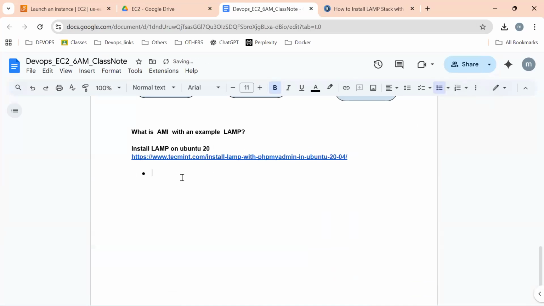The first step is to create an Ubuntu 20 Linux server, meaning the instance, and log in. Once logged in, the very first step, as you know very well, is sudo -i, then apt-get update. For every new server, we need to run apt-get update. First let us complete this process, then we will come back and follow this document to install LAMP.